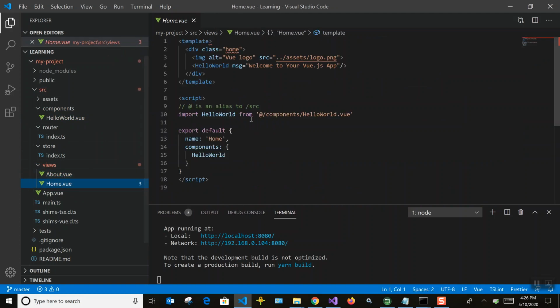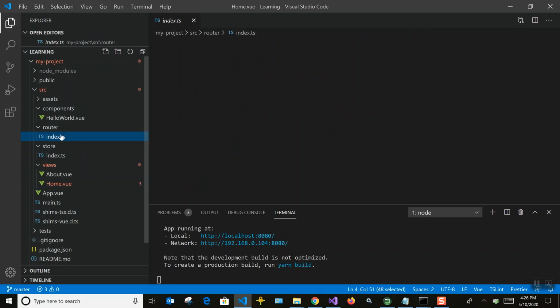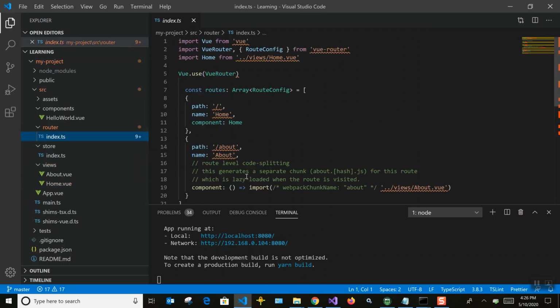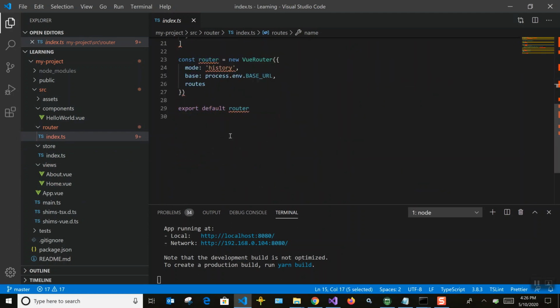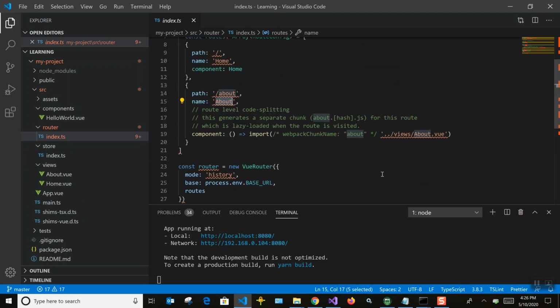Here we are calling this HelloWorld component to directly bind all the details in the HelloWorld component. In the router, if you check, you can see you are calling the Home component and the About component. Mode you have mentioned as history.